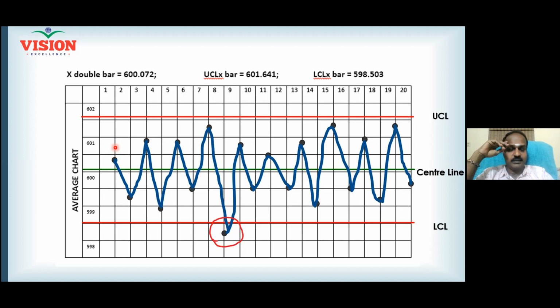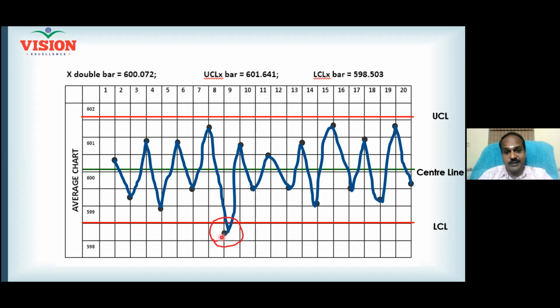What will you do as a manager in your company, as a responsible professional? What is your job now? The 8th lot needs to be held, and we need to put the red tag and validate everything. 100%. Very good. Go for 100% inspection. Beautiful. Because one point represents all the units produced in shift number 4 on day number 2. All the units which are ready for the dispatch now must go through a thorough 100% inspection.